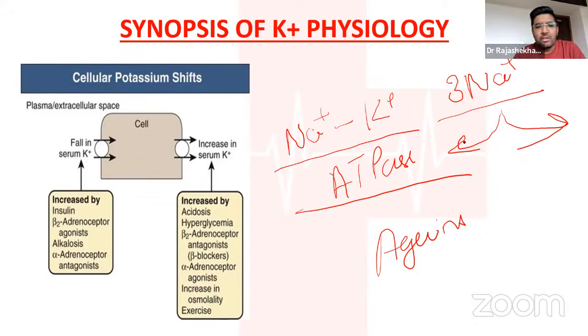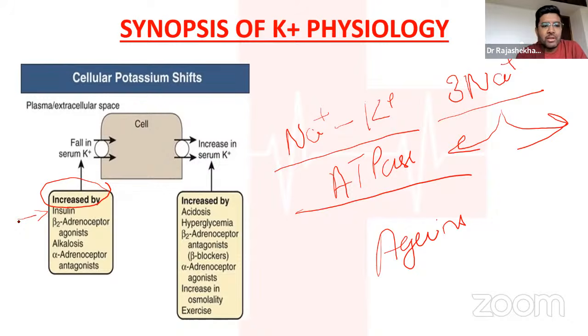So there are some drugs or some conditions which directly affect this channel, altering the potassium in day-to-day life. For example, there are some aspects which increase this sodium potassium ATPase pump, like insulin. Insulin, whether endogenous or exogenously administered, increases the activity of this sodium potassium ATPase, causing potassium to move inside the cell. So whenever you give a patient insulin, there may be a sudden drop in the potassium due to the intracellular shift